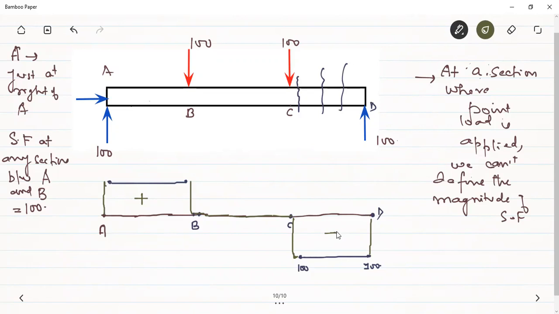So without going for an infinite number of sections, we have drawn the shear force diagram. We can predict the maximum value of the shear force and we can design the beam on that shear force. So this is the concept of the shear force. But not only do we have to look at the shear force, we have to look at the bending moments as well, because these forces create moments as well. That we will look at in the next class tomorrow.